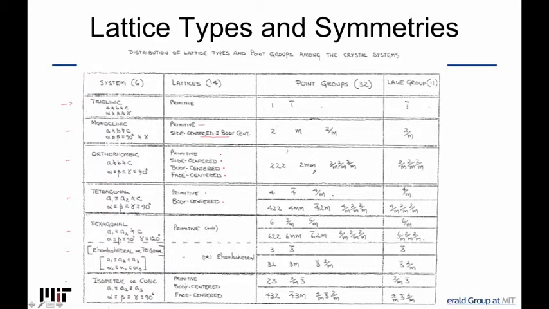And of course, we kept on going with that kind of operation where we said, all right, now if I wanted to put in, say, three perpendicular twofold axes, I end up with an orthorhombic case,